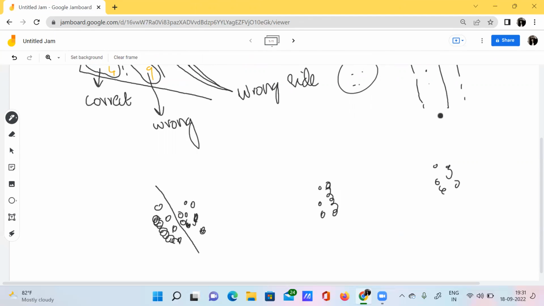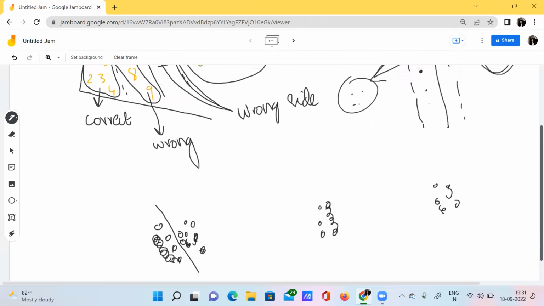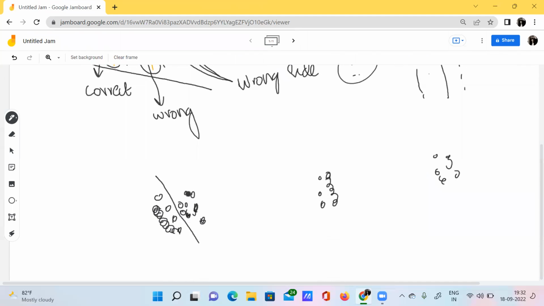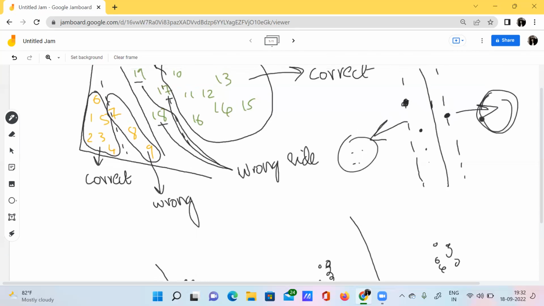So in such cases we encounter this kind of scenario, where this data point is on the wrong side of the hyperplane, and this point is also on the wrong side of the hyperplane. This situation arises when we don't have the natural separating hyperplane, like in the maximal margin classifier scenario. If we don't have this natural gap, our data points will be misplaced on the hyperplane, right?